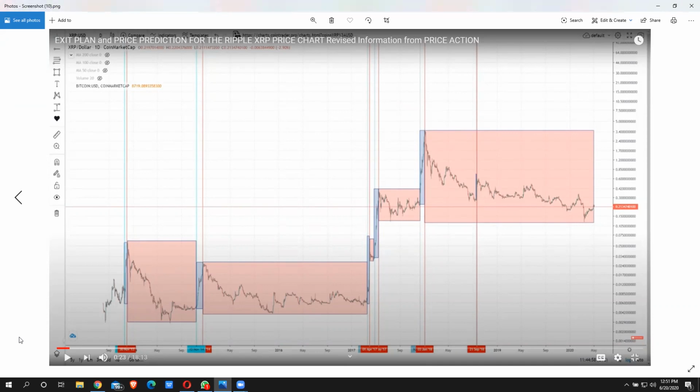Now, as an investor, parabolic moves to the upside are attractive, but I need to understand that in this market, these moves to the upside are short-lived. They have a very, very short duration with extremely long corrective periods in between. So if I need to recuperate my capital that I invested, I need to be prepared.